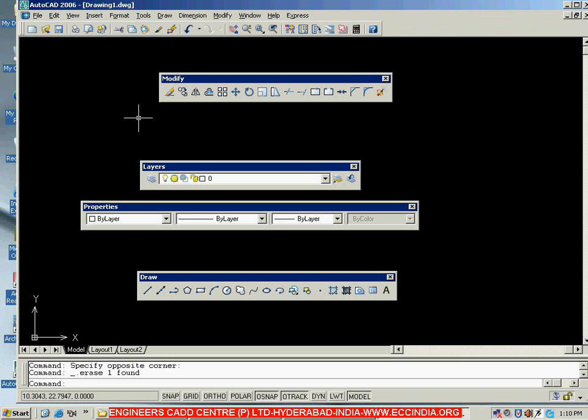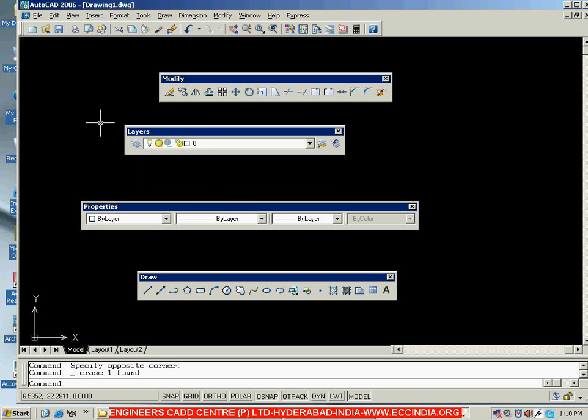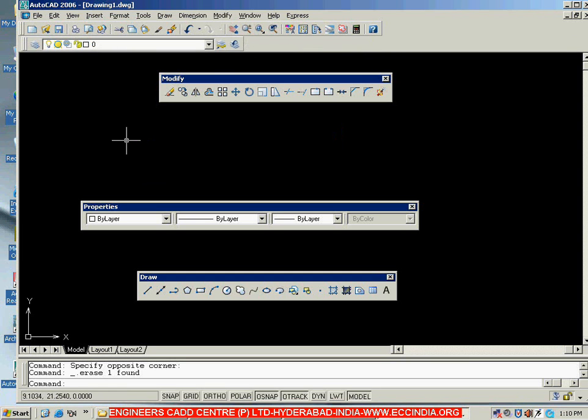Now after completing the standard toolbar, next we will go with layers, and about the layers we will discuss in the later sessions, but now first I will tell you where to dock this layer toolbar. This layer toolbar you can dock below the standard toolbar. So let me once again click here on the blue area, click, hold, drag it and leave it below the standard toolbar. So second one we have docked.